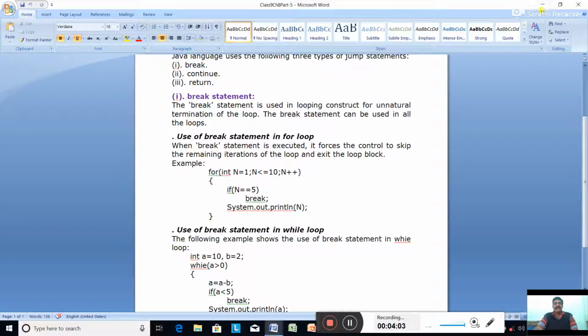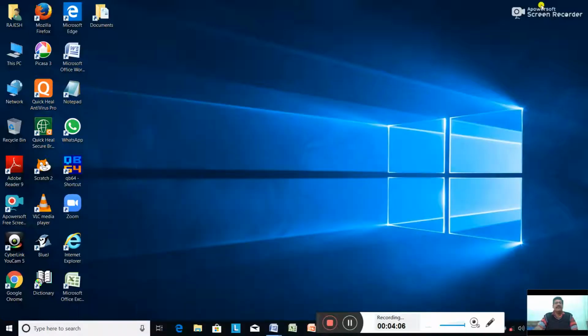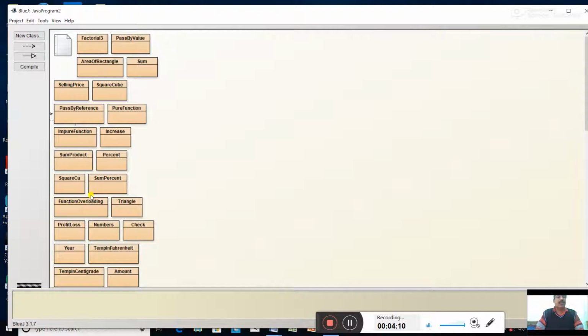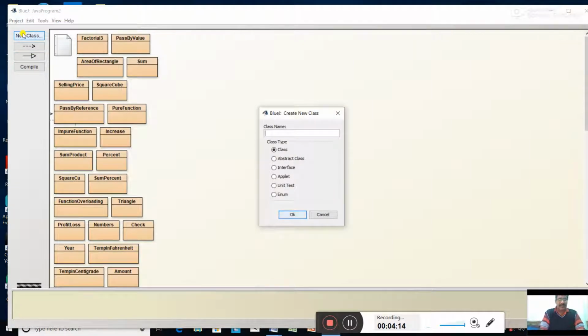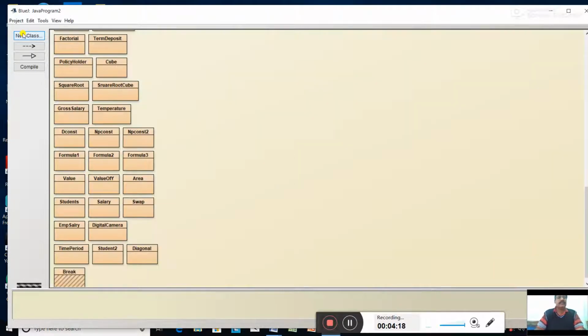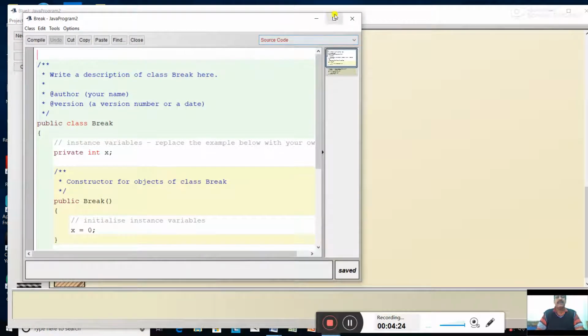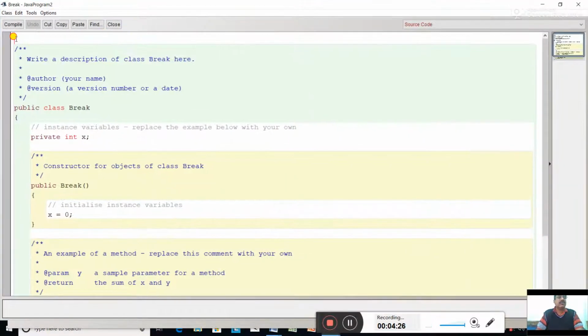Now let us see this loop practically in Java. Let us type this loop in Java and see how it gives the output. Type the same loop that we have discussed just now.